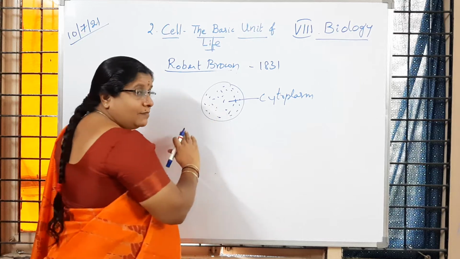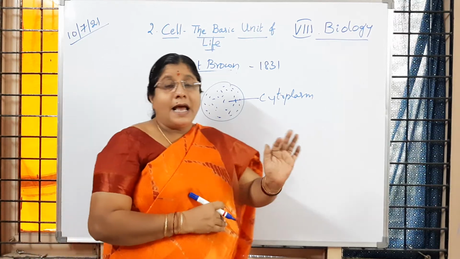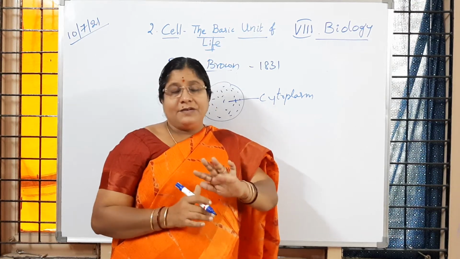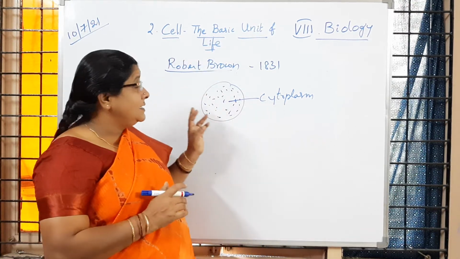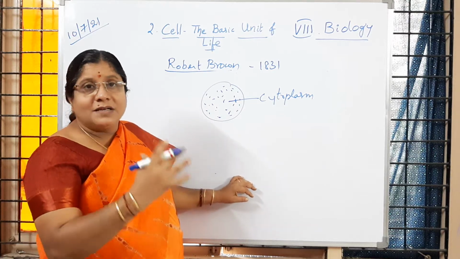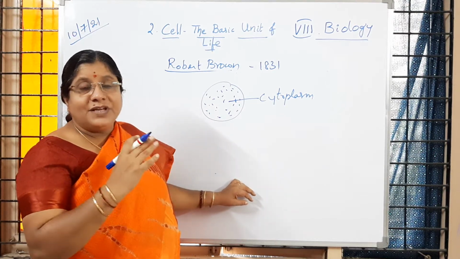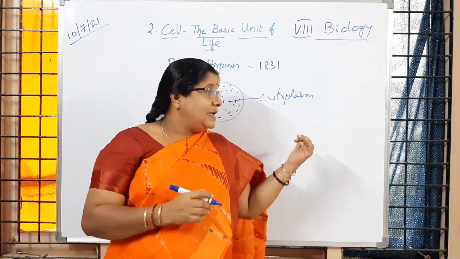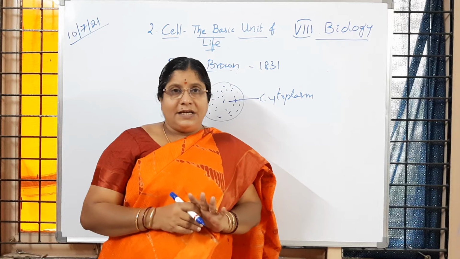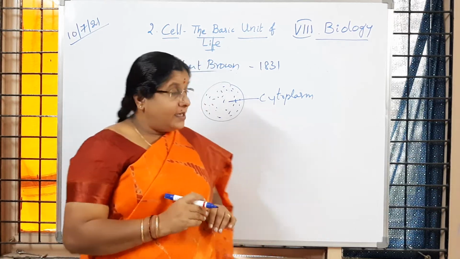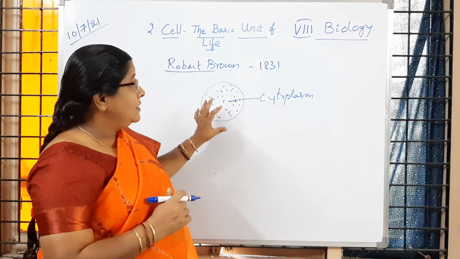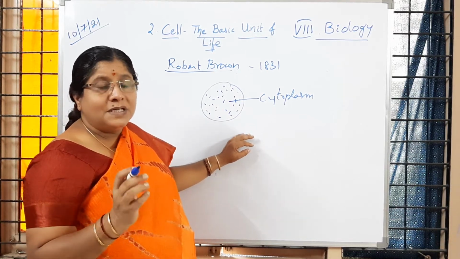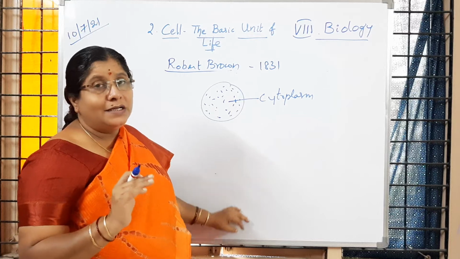The plant cell will have some cell organelles, and the animal cell will have some cell organelles. More or less common structures we can see in plant cells and animal cells, whereas in the cytoplasm of plant cells we observe the cell wall and plastids, whereas in animal cells the cell wall is not the same. Is it clear to children? So in this class we are observing a few cell parts: cytoplasm, cell membrane, cell wall, and nucleus.